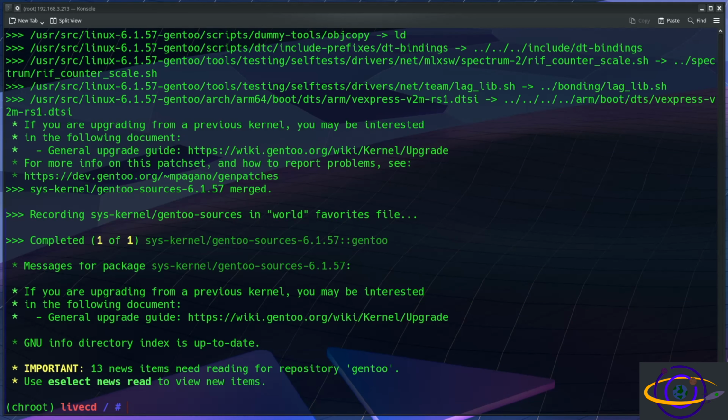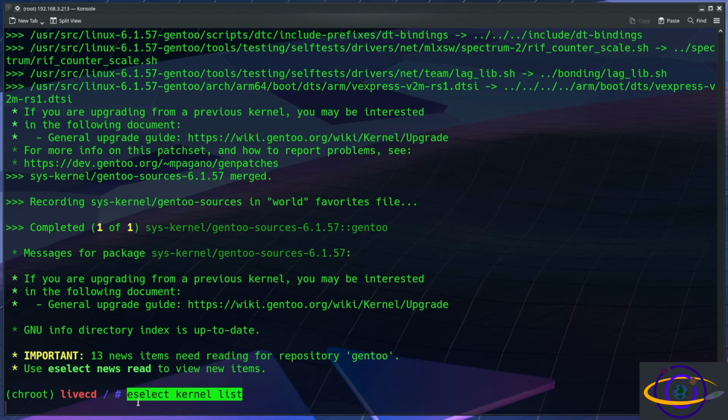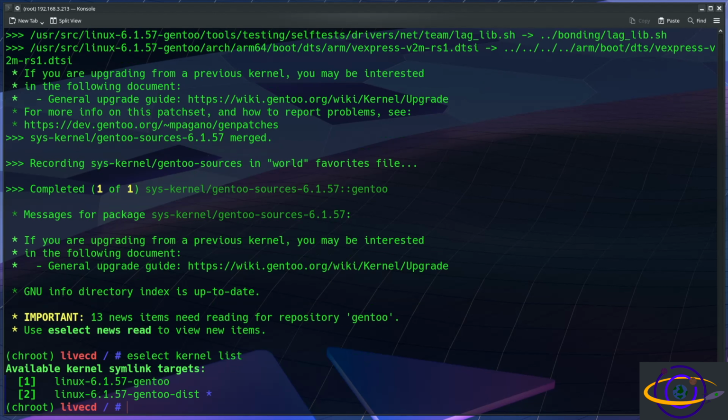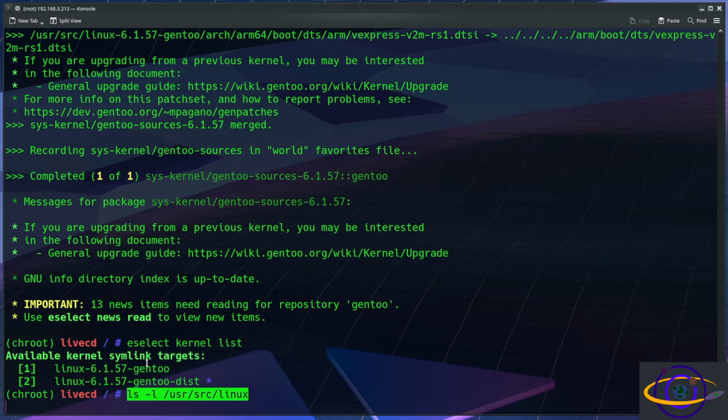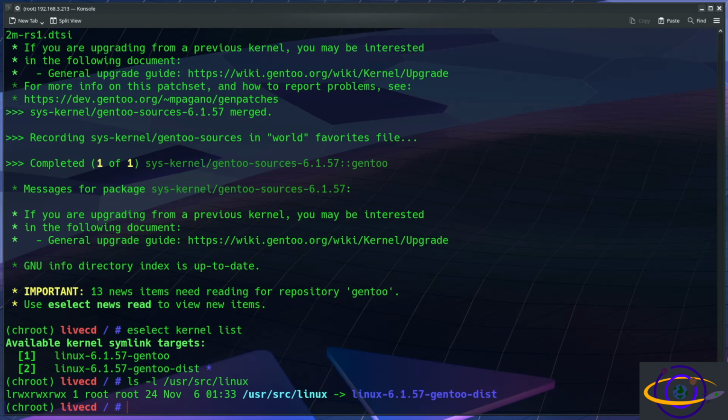There we go. Kernel sources installed. And now we are going to use eselect kernel list and notice the one that we want. The kernel sources that we want are selected. Now we can verify this by just checking the symlink here. We have a symlink pointing to that same kernel sources version, so that should match the kernel that we have